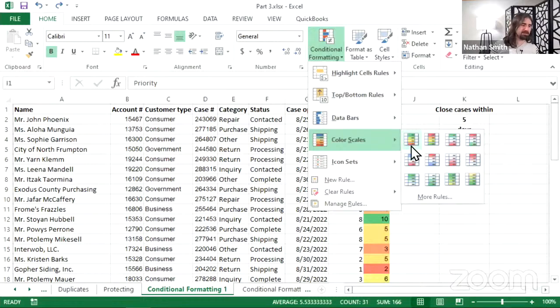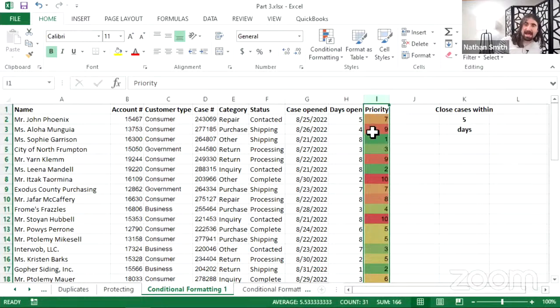And there are a couple of different options with red, yellow, and green like I talked about a second ago. This one over here, when I move my mouse over it, you'll see a preview in the actual sheet. And you'll notice 10 is green and 2 is red down there. So that's the opposite of what I want. But this one, thankfully, is what I want. So 10 is going to be the reddest red, and 1 is going to be the greenest green, more or less. So I'll click on that,